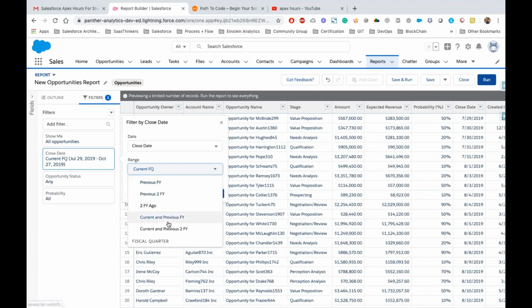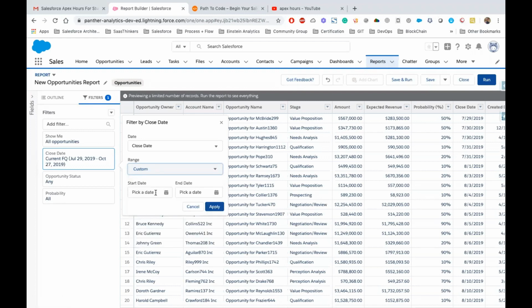Or if you want to put some other filters like next fiscal quarter, or current and next fiscal quarter, you can select those. Or if you want to define some custom date range, you can select it with the help of the date picker. So I will select all time,